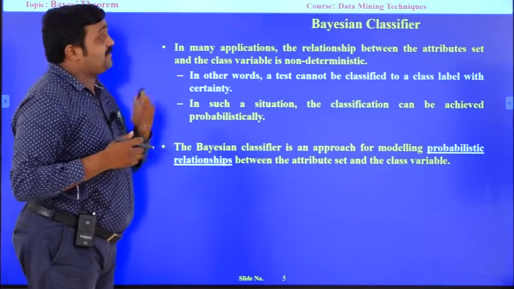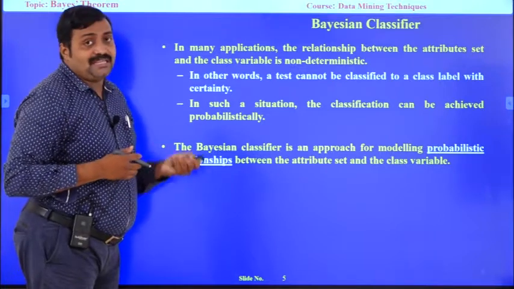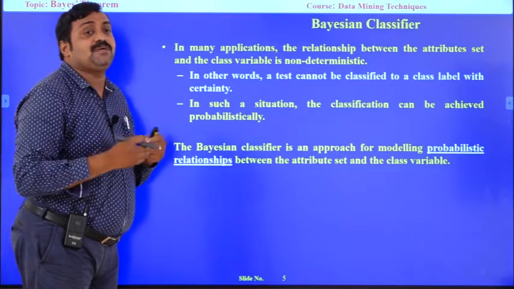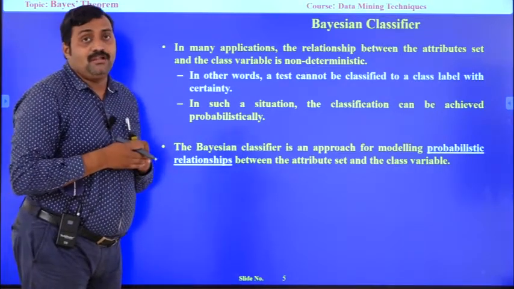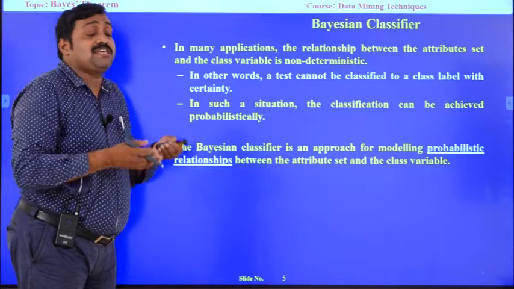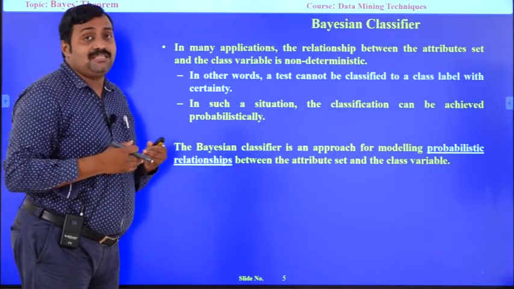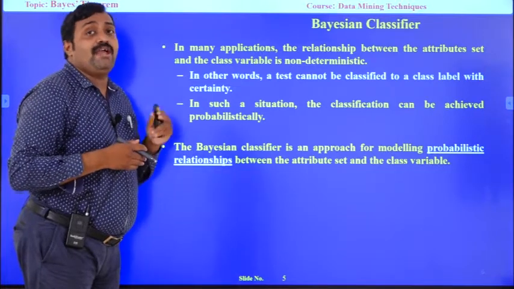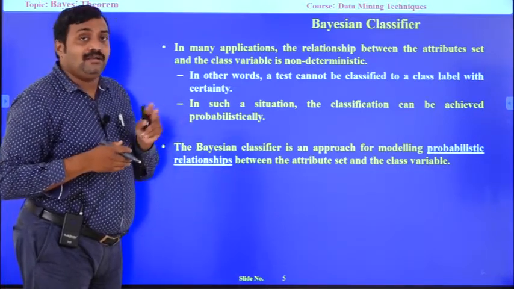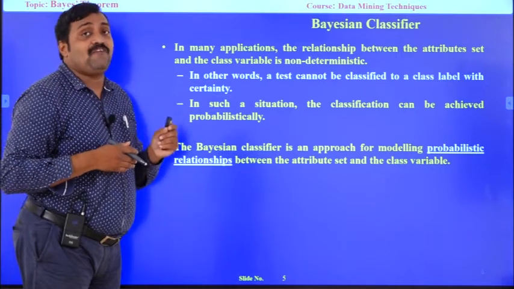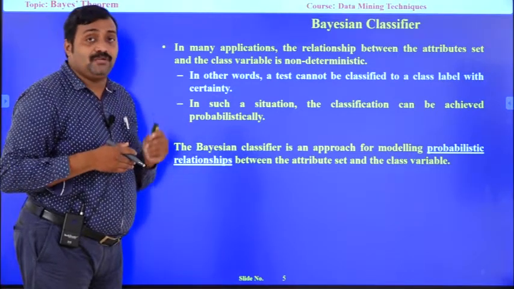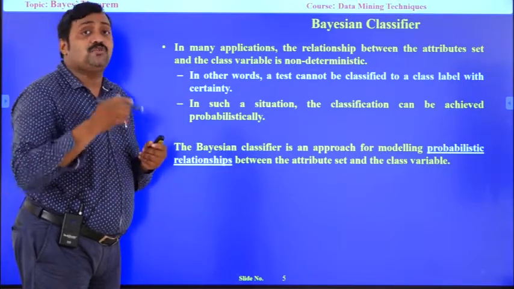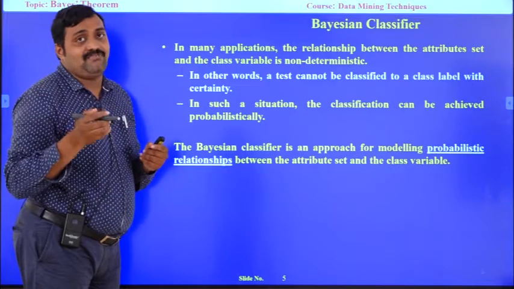Now, the Bayesian classifier is basically focusing on probability. Simple example: tossing of a coin. What is the chance of getting head, or what is the chance of tail? There is a tossing experiment called the tossing of a coin. We have two chances, either head or tail. That means the chance of getting head is 0.5, that is 1 by 2, and the chance of getting tail is 0.5, that is 1 by 2, because there are two classes, head class and tail class, for one experiment.